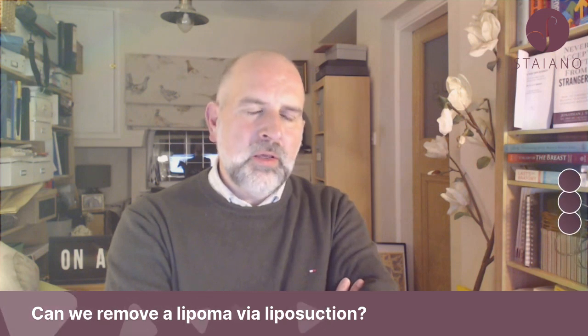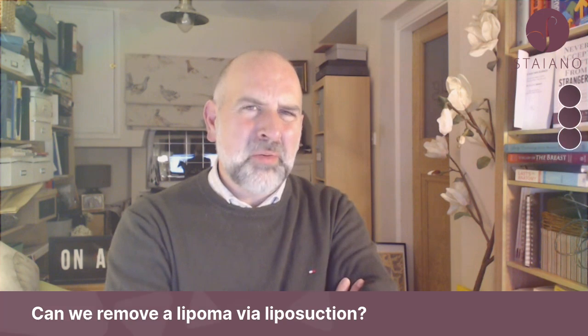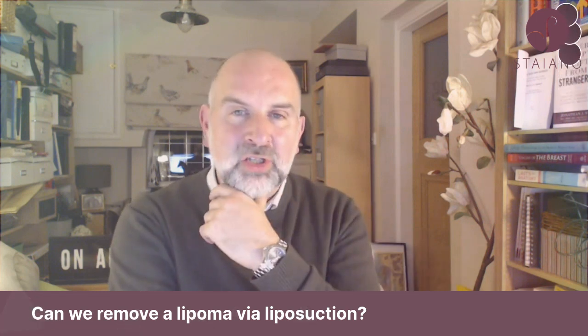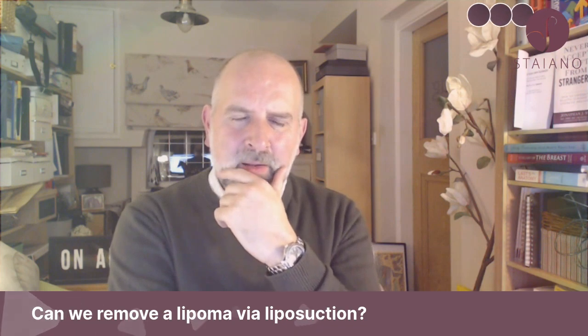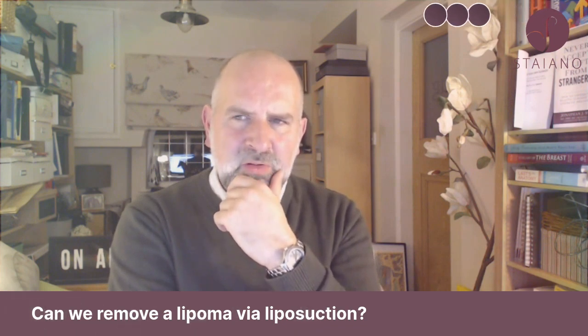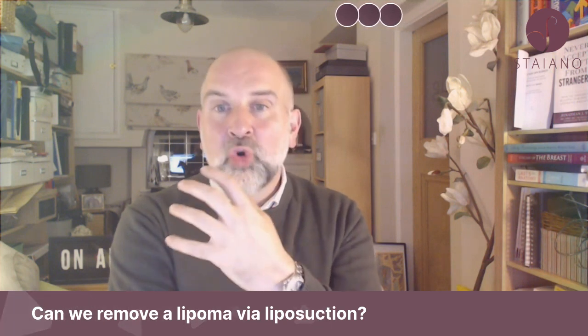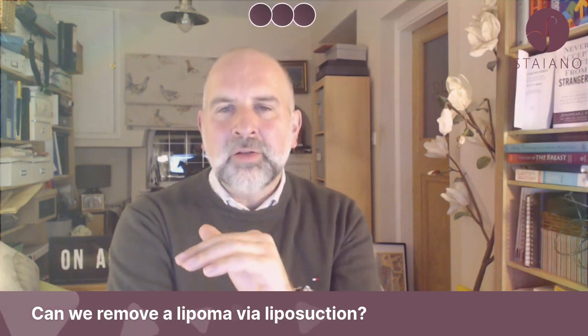So the problem with removing a lipoma with liposuction is it would have to be a pretty big one, because a small one you can often take out through a relatively small incision. So what's the benefit of doing liposuction? If you're going to use an incision about the same size, why don't you just take it out normally, where you can actually see it and you can see the edges of it, and make sure you get